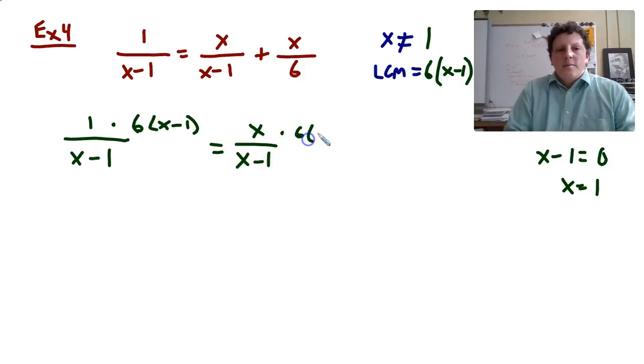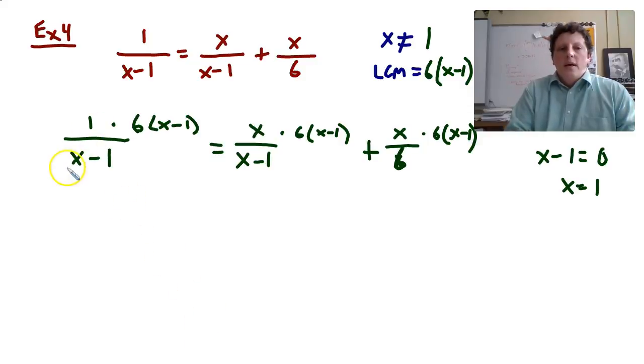Again, times 6 times x minus 1. Do not distribute the 6 into the x minus 1. Keep it separated, because some of it's going to allow us to reduce all these fractions and get rid of the denominators. Okay, so x minus 1 is going to cancel out with x minus 1 here and here. And 6 is going to cancel out with 6 there, which leaves us with 1 times 6